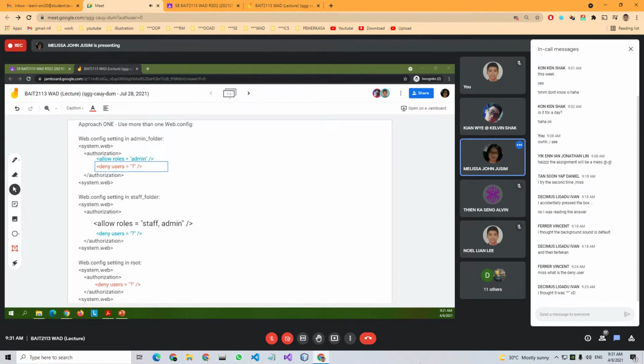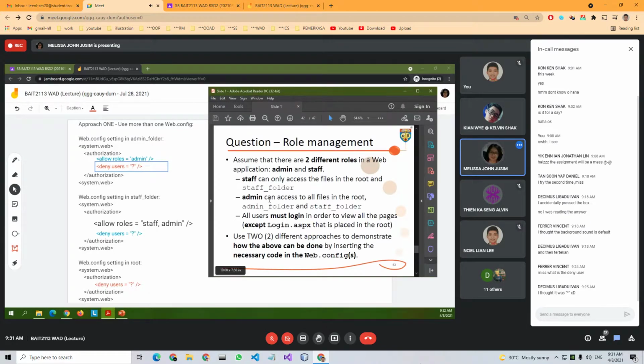Okay, let's see. Can only access the files in the root and staff can access all files, and then all users must log in. All users must log in. That's one. All users must log in means we must deny unauthorized users.